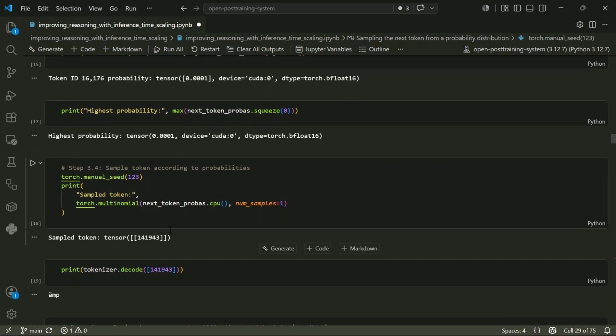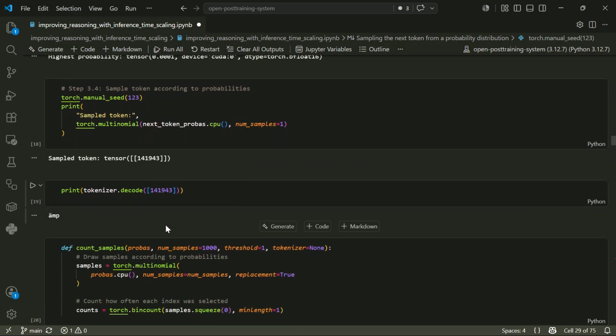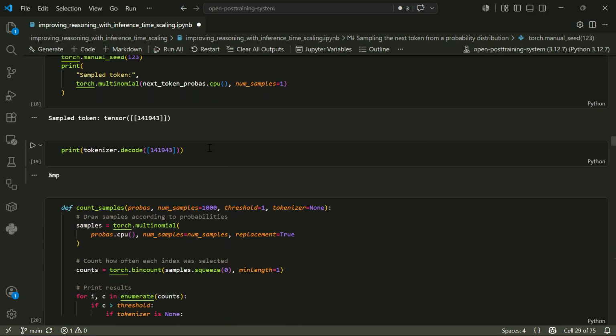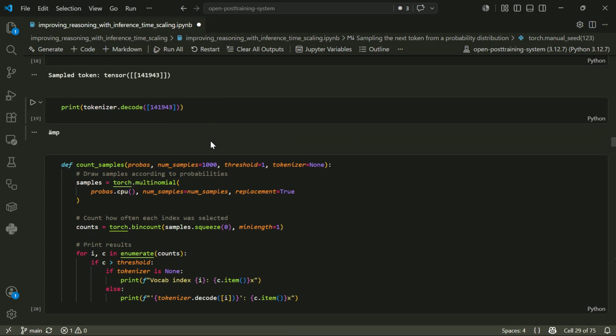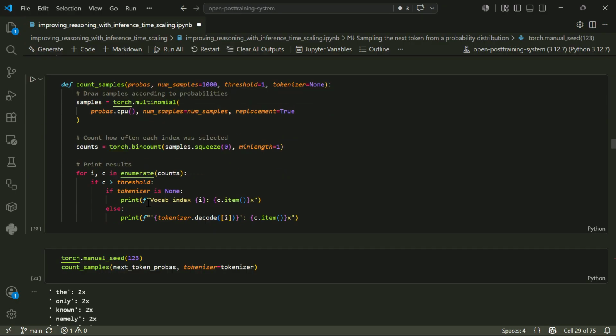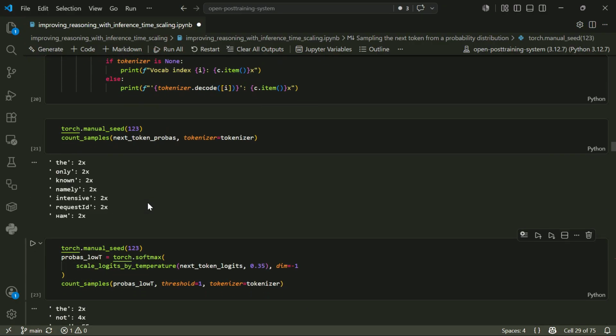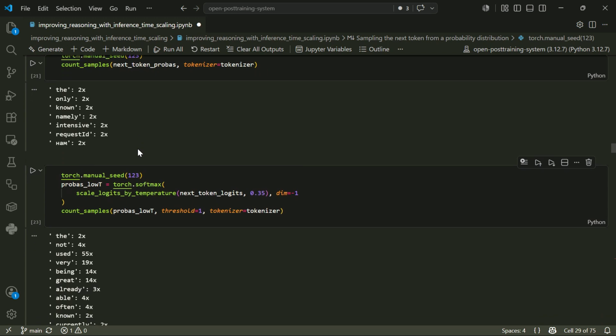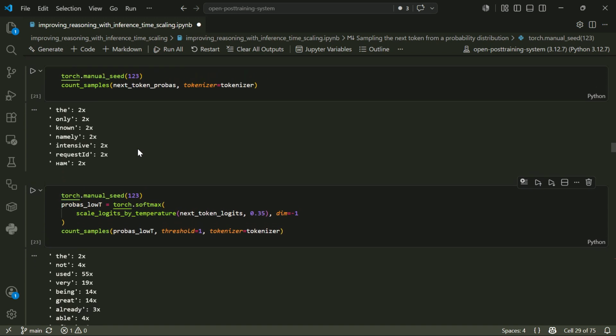Actually I sampled something here, and then I defined a function, next token probabilities CPU, and I pass it the probability here. Wait, I'm passing the same thing actually. I'm sorry. But here we are not passing the next token probabilities; we are passing that into the scale logits by temperature first, reducing the temperature to 0.35,